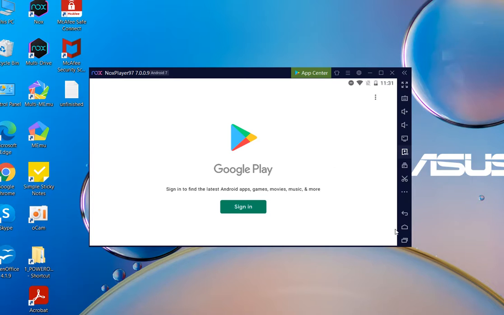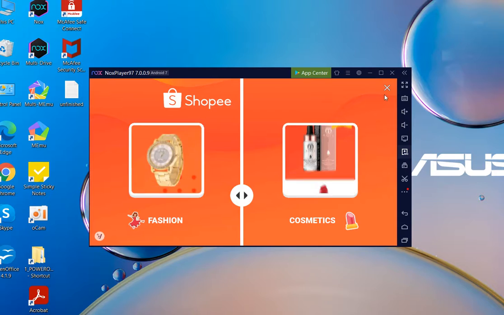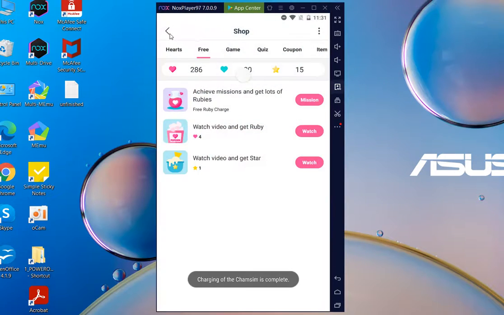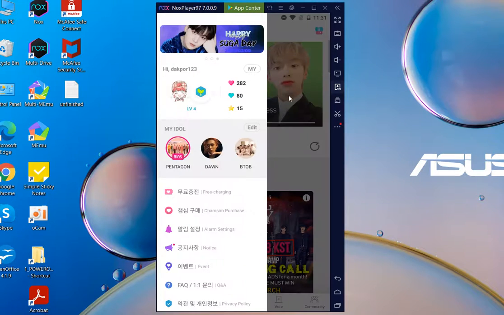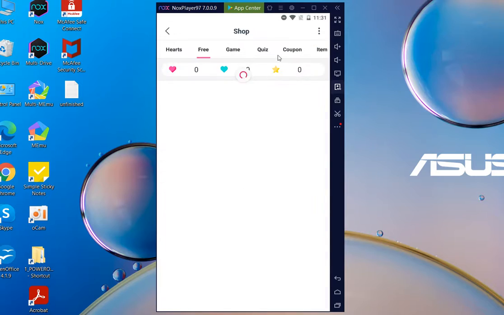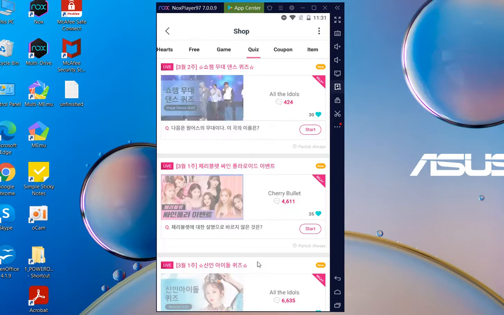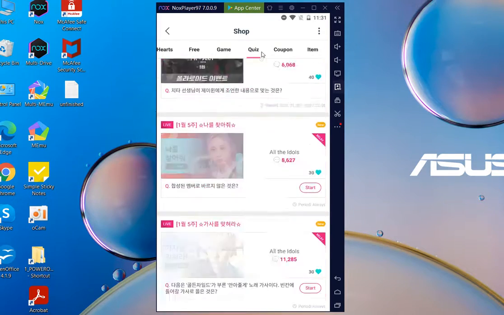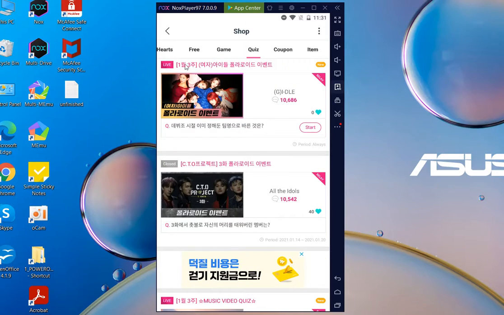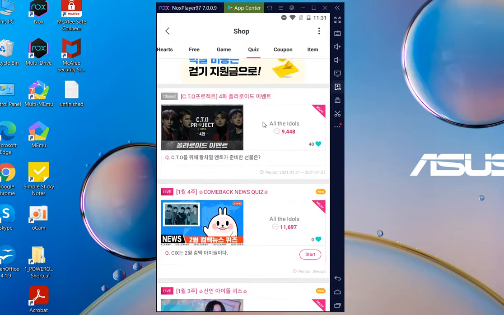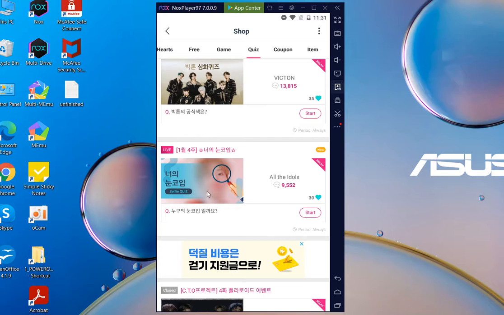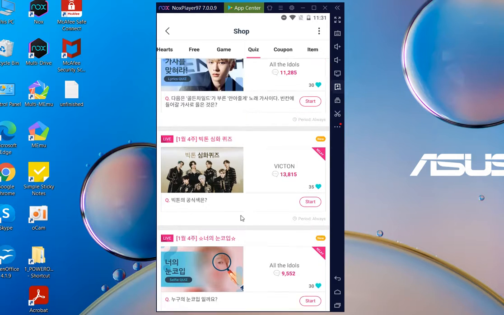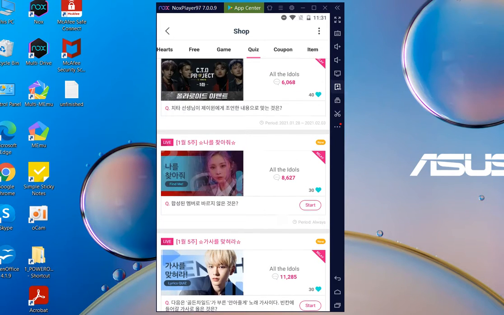So if you can see, I'm not logged into my Google Play, so it doesn't matter. You just have to go back. And so you can also answer all the quizzes that is available here. So the ones that have 0, don't answer them. The ones that are still active, you can answer them. So the last 4 quizzes are the best ones to answer first, and then